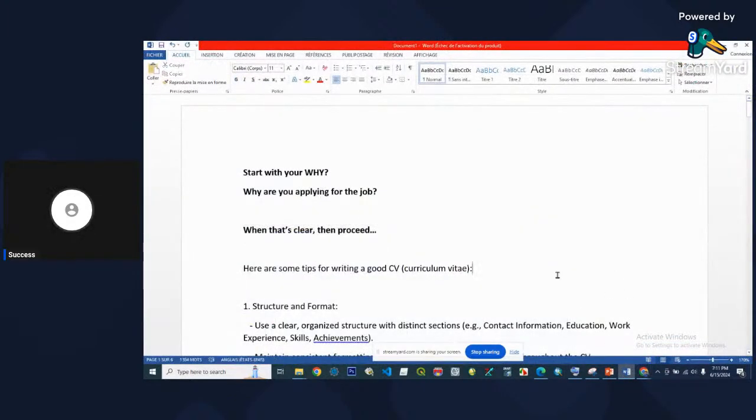Now, I was saying, whatever you want to apply for, be it an internship, scholarship, job, an offer, a gig, a contract, whatsoever, you start with your why. Why are you applying? Let me explain why I'm saying this: if your why is clearly defined, you will know how to approach it. When you know your why, you will know how to go about it. But if you don't know your why, you could just do it randomly.